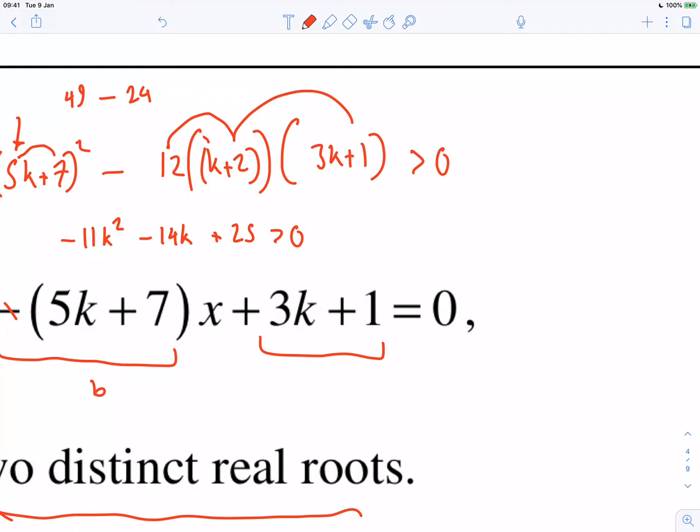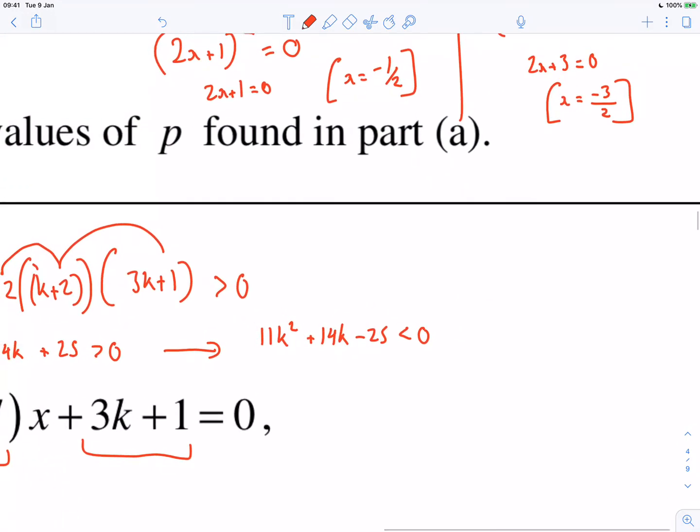Otherwise, we're going to cover this in inequalities, but what I would do is make the amount of k squareds positive. So if I times by -1, that's going to be 11k squared plus 14k minus 25 is less than 0. And the reason why we flip the inequality, notice how it's gone from greater than to less than,